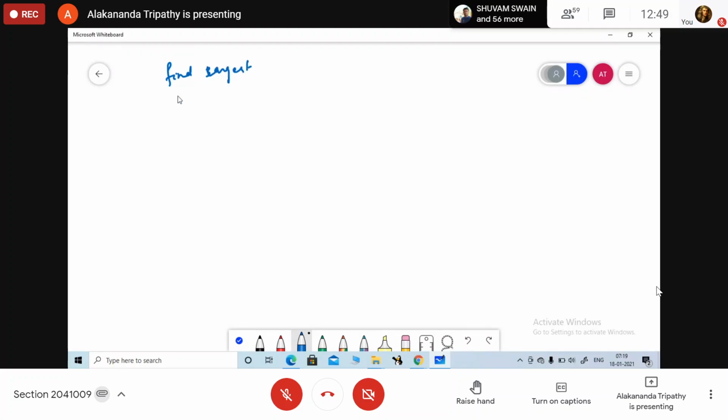So now find the largest among four numbers. Draw the control flow diagram only. Find the largest among four numbers. Only draw the control flow diagram.